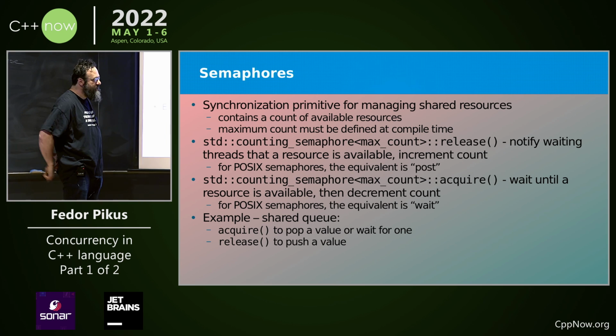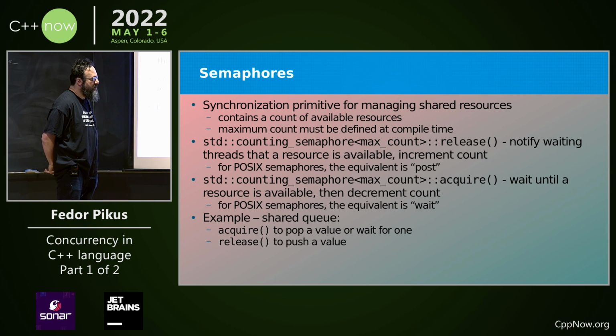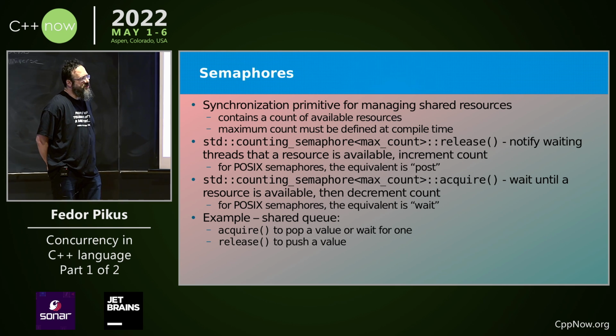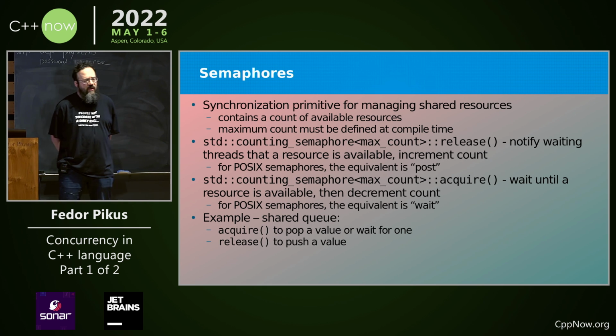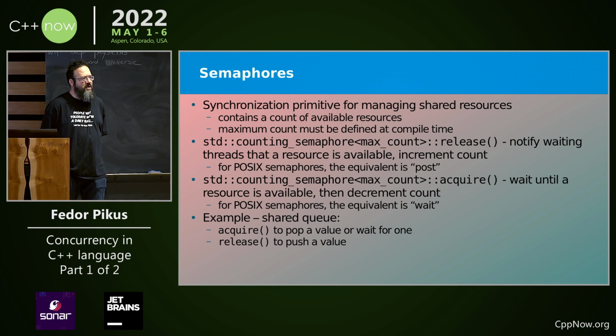Just that the other example that is useful to explain is like the make job server. You start with like 16 slots, and then each job acquires one, and then they release when they finish, which allows another one to pick up. Okay, so here is an example where you have pre-existing resources. So you start with a certain number of slots. Then yes, a valid example. You start with a certain number of slots